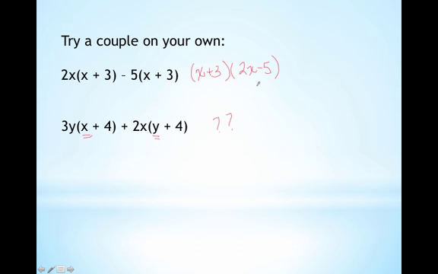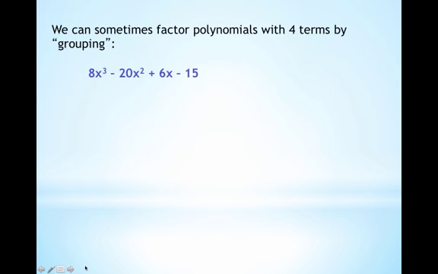So this one should have been pretty easy, but here, notice I didn't have a common factor in my x plus 4 and my y minus 4 because my variables were different. So there was nothing I could do. It cannot be factored. Okay, sometimes I'm going to have 4 terms in my polynomial, and this is going to